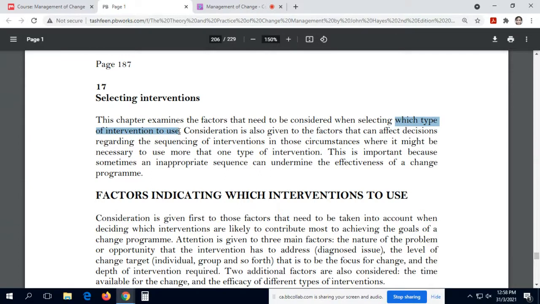So in this chapter, they might not be looking at the interventions in themselves, because whatever models we have looked at, or you will be reading, as you are, I don't know where you are in the book, how far you have reached, but as you will be reading the book, all the methods, all the theoretical frameworks, you can use them as your intervention to manage change. So that is what this chapter is going to maybe highlight, a couple of things which you might want to consider, but I doubt if you would be looking at anything new in this chapter. But still, let's look at sequencing of intervention.